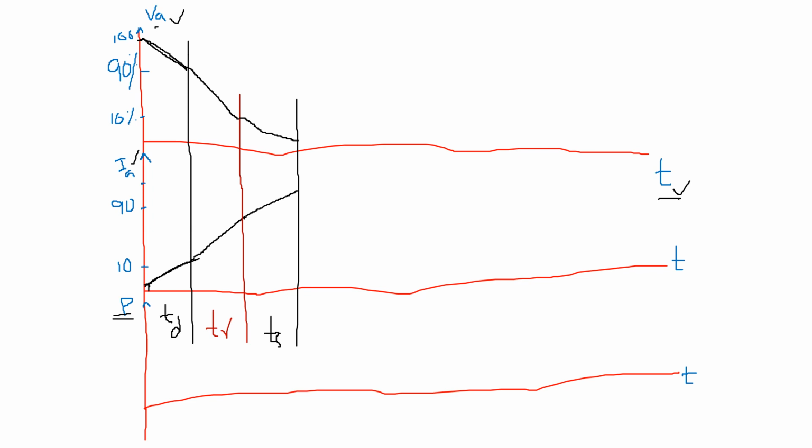After that, SCR is in conducting mode, meaning current is maximum, which maintains a constant value, and voltage is minimum, that is the forward voltage drop. Then by applying the reverse voltage only, we can make the SCR go into off state. Whenever this reverse voltage reaches the maximum value, this current becomes 0. And due to the presence of charge carriers at junctions J1, J2 and J3, we have current in the negative direction.